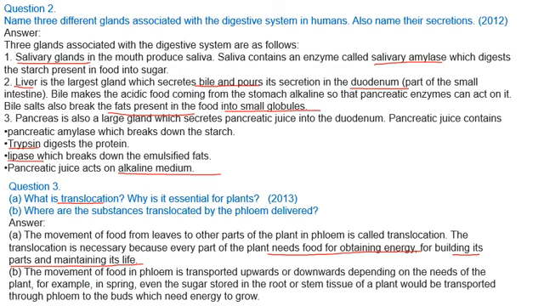Where are the substances translocated by the phloem delivered? The food in phloem is transported upward and downward, so it's bidirectional depending upon the needs of the plant. For example, in spring, the sugar stored in the root or stem tissues of a plant could be transported through phloem to the buds, which need energy to grow. So wherever the energy is required, the food is transported. So it is bidirectional.